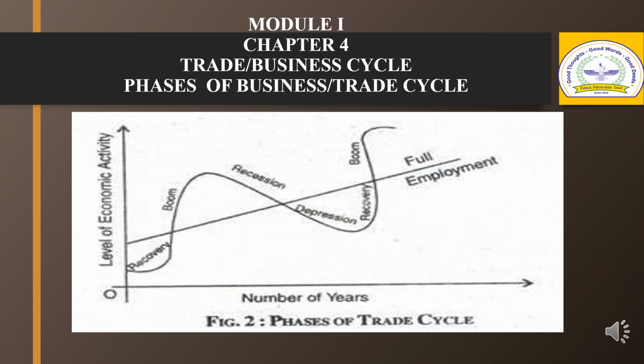Next phase, we can say, is depression, or you can say contraction. Depression is a period of low economic activity. Growth rate goes below the steady growth. There is considerable reduction in production, employment, income, investment, demand and prices during this phase. Bank deposits and credit shrink due to general decline in economic activity. Investment in stock becomes less profitable and least attractive. Business profit would be low or even negative.